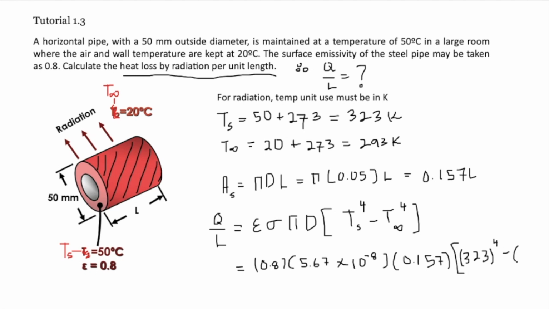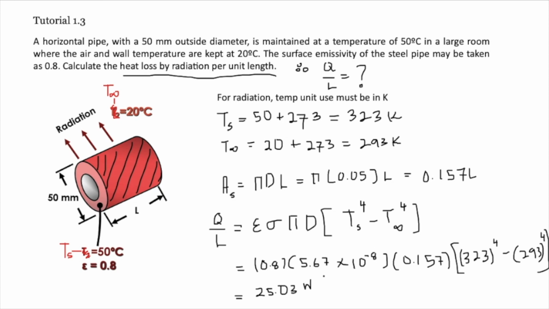Okay, why do we need to change the temperature into Kelvin? Because we have the power of 4 here in our equation. Compared to convection and conduction, you only have surface temperature minus temperature infinity. So in those cases, the value is going to be the same whether we use Kelvin or degree C. Okay, so finally what we're going to get is